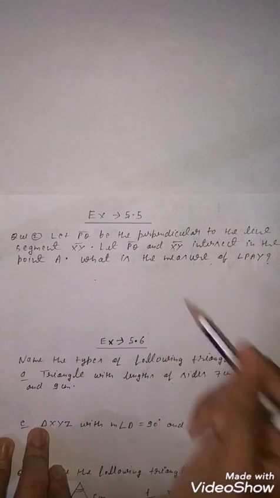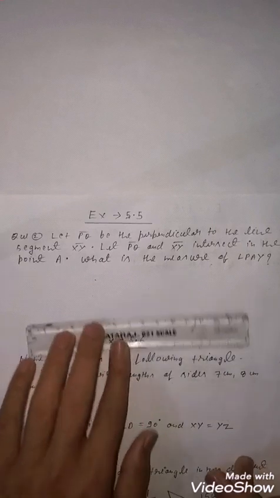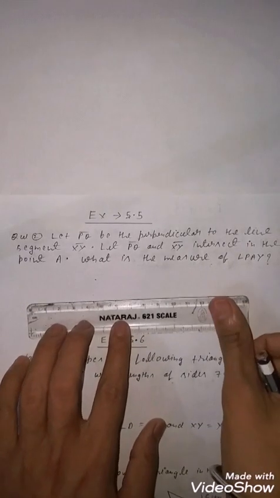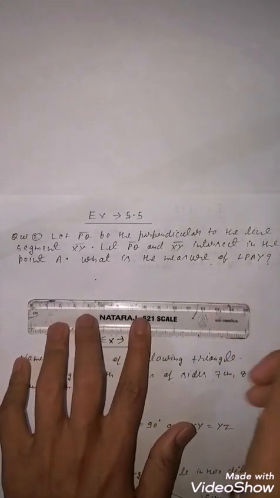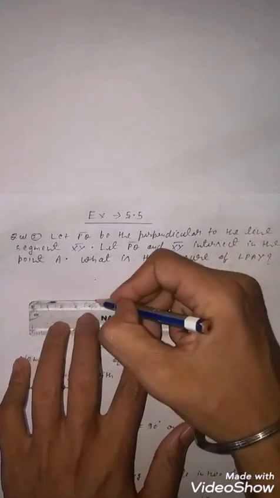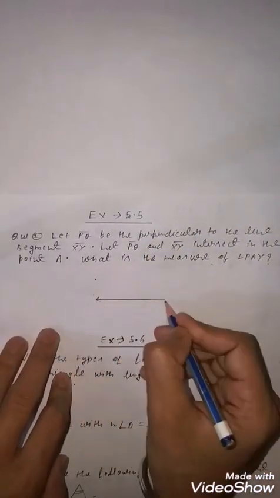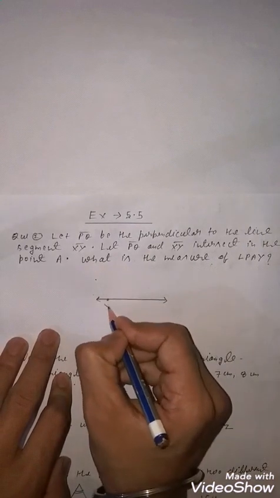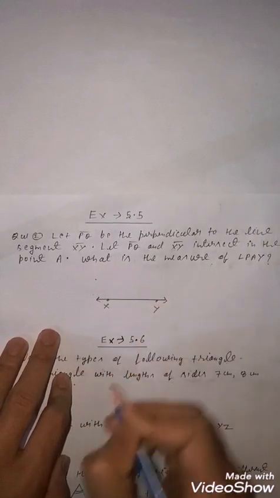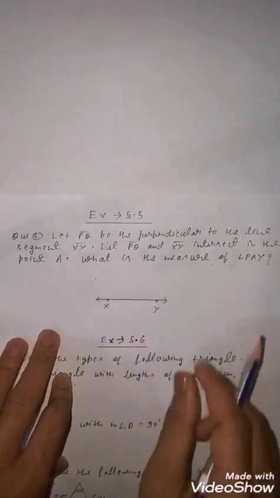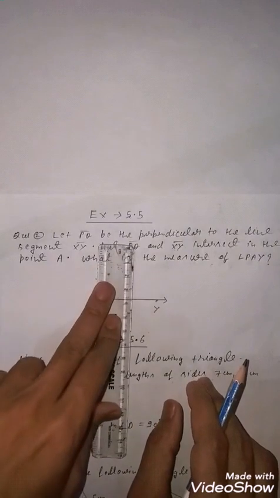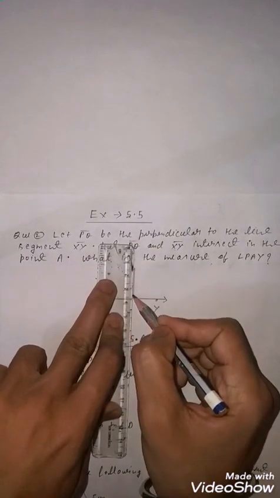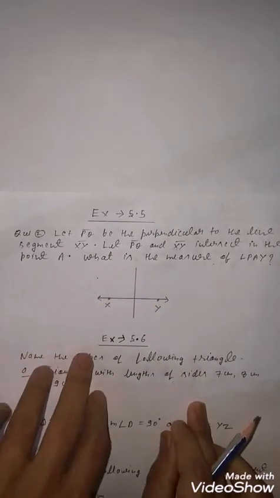So you know perpendicular, students. If we solve this question, let PQ be the perpendicular to the line segment XY, so PQ is perpendicular to XY. First we will draw XY. This is your XY. Give this the names X and Y. Now what is given next? PQ is the perpendicular, students. So perpendicular means like this one. Here you will write PQ.